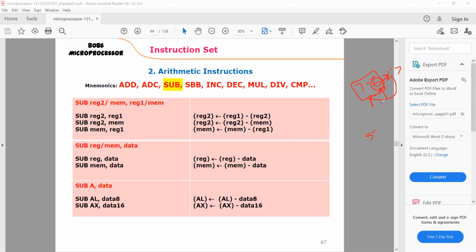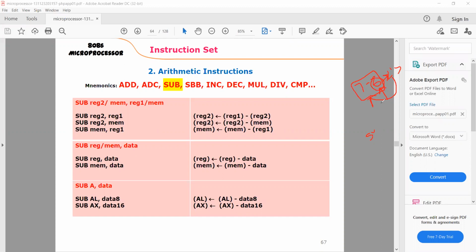The microprocessor uses the binary number system. That is why here we use the 2's complement subtraction process. So what did I tell you? The subtrahend will be converted into 2's complement form. You know how to perform 2's complement. First we will perform 1's complement. 1's complement means if there is 1, that is complemented to 0. If there is 0, that is complemented to 1. We'll take the opposite of it.